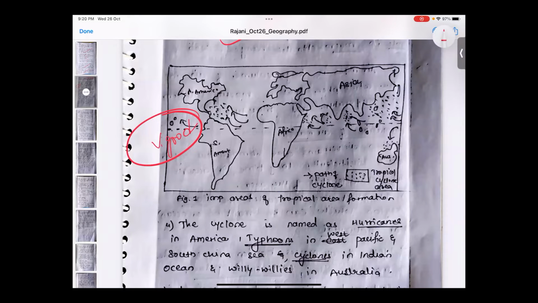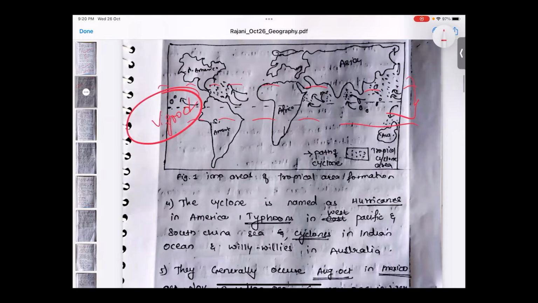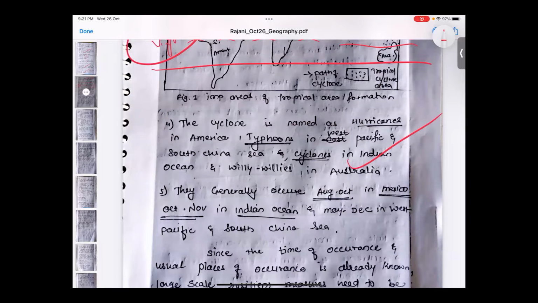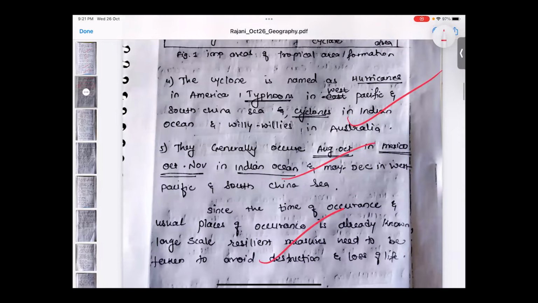Okay, good. So then you try to mark like this. It will be coming very good that you know the latitudes. Okay. Latitudes are important. Even in south, 10 to 30, if you take this as an equator, 10 to 30 in north, 10 to 30 in south. You can do like that. Okay, sir. Good. Very good answer.